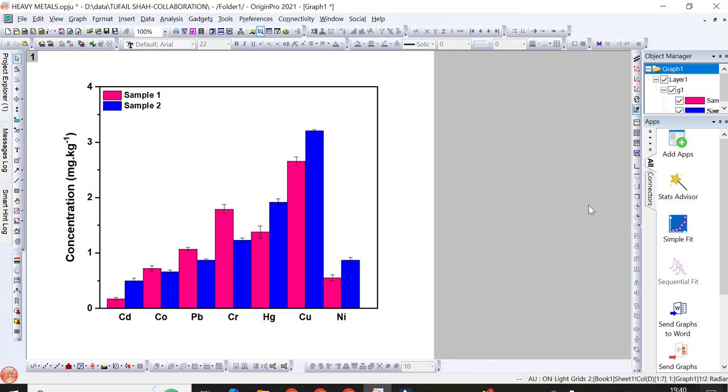In today's video we will discuss how to increase the size between points on a graph that you plotted in Origin. So here you can see different types of heavy metals plotted on the x-axis, like cadmium, copper, lead, chromium and all. So I want to make a gap between cadmium and cobalt heavy metals points, and for that